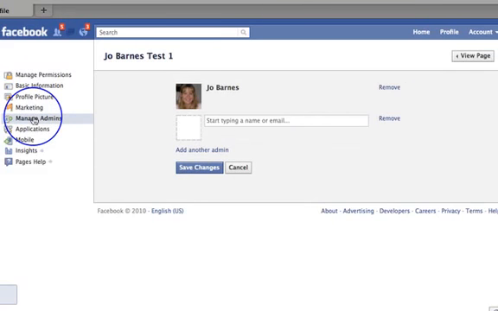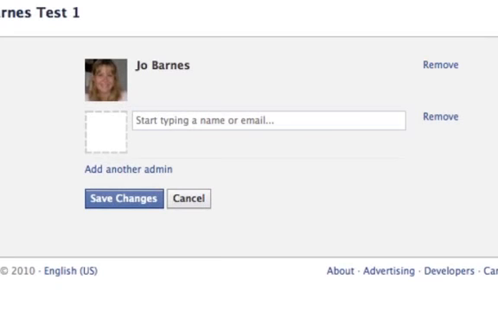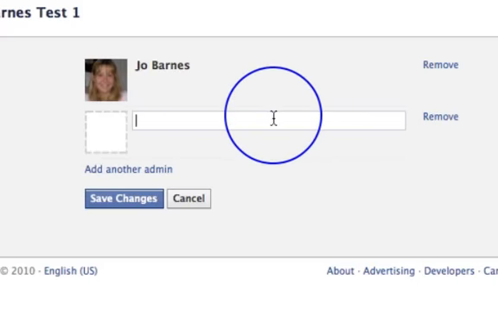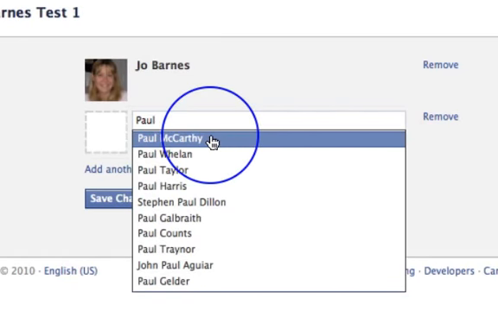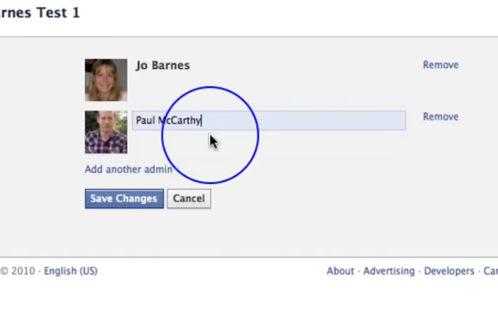Manage admins. This is a better way than before. Last time it was quite elusive to manage an admin, but now all you literally need to do is start typing the name of one of your friends. So for instance, here we go. My friend who is my co-administrator is a guy called Paul McCarthy, a brilliant guy, a fantastic internet